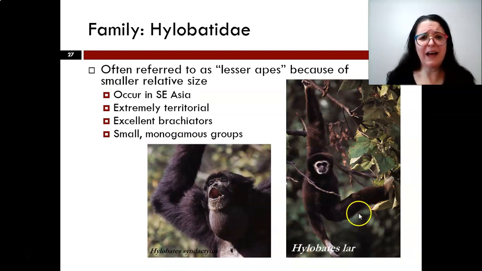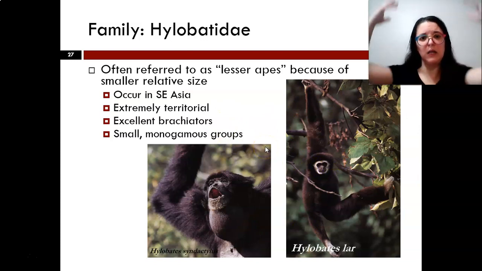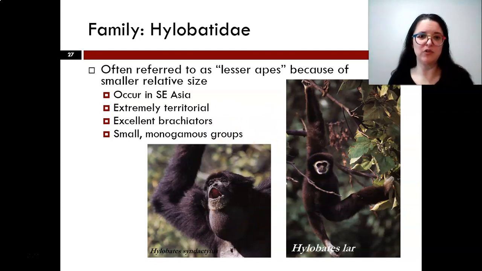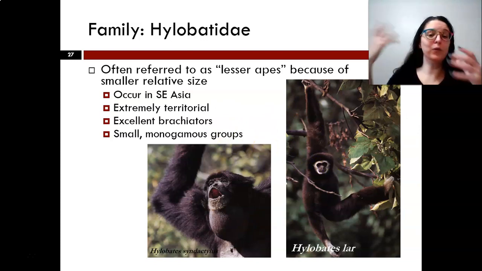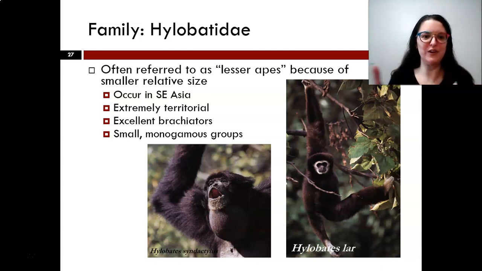Then we get to the Hylobatidae. These are the lesser apes, including gibbons, and they're really famous because of their brachiation, right? They have these really long forelimb to hind limb ratios that allow them to swing with ease through the trees. I'll show you an example of a hylobatid torso and their limbs, so you can just see how long their arms are. They tend to live in small monogamous groups, and they have a fairly limited range occurring in